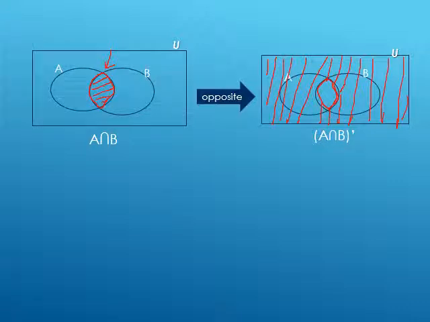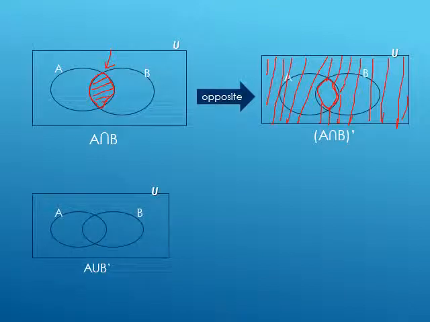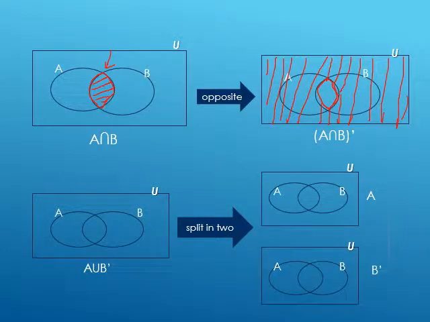Now the next Venn diagram. Next is A union B whole complement. Now this is somehow difficult. So divide this in two parts. You can see this sketch in two sketches. First, we draw the Venn diagram for set A. Then for B complement, union means combine them. So we combine these two areas and shade this real figure.